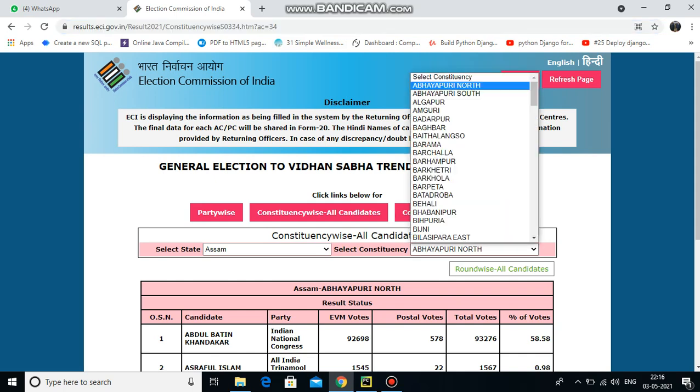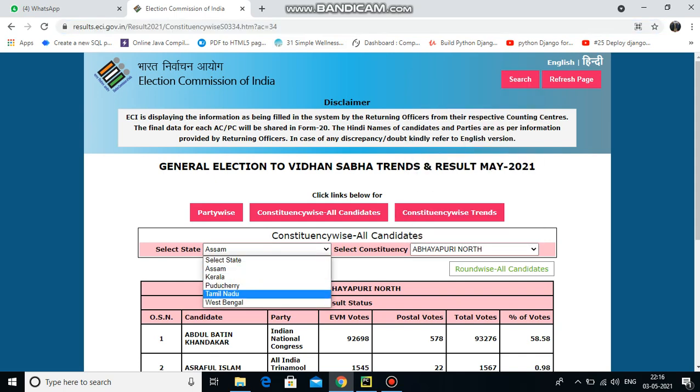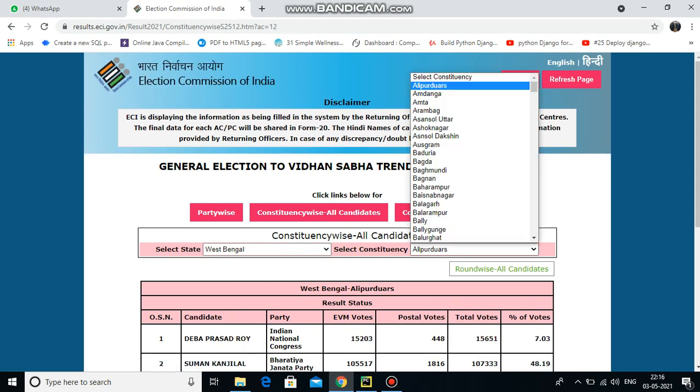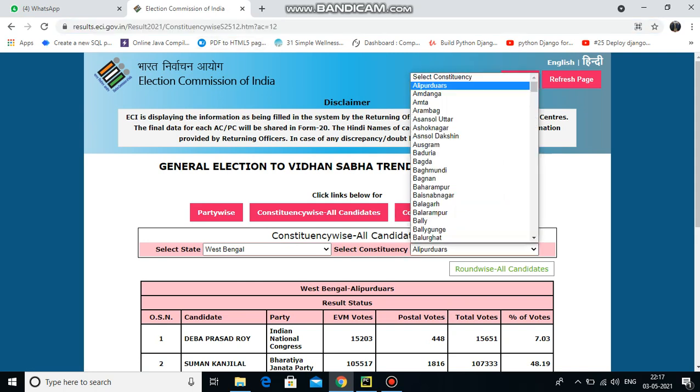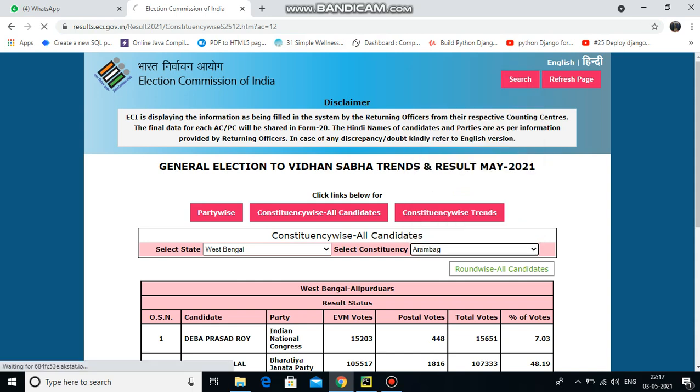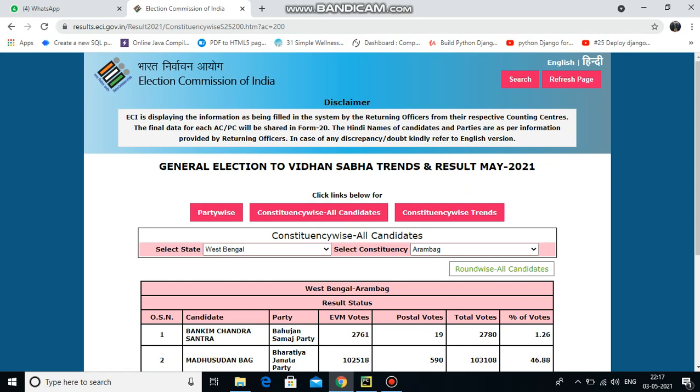Suppose right now I'm choosing West Bengal, and then I'm choosing Alipurduar, and here the constituency number is 12. Now if I change and go to Arambagh, I can find that the constituency number is 200.